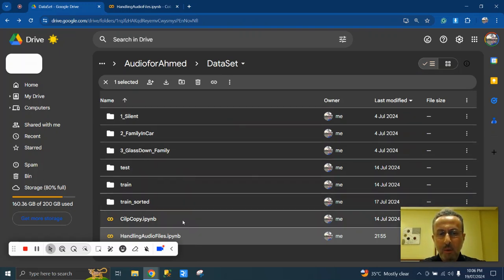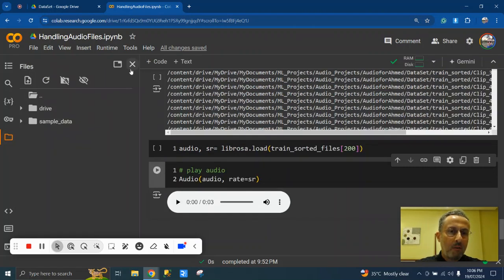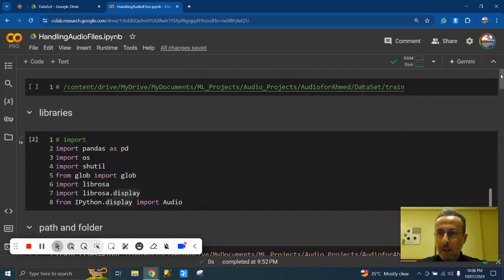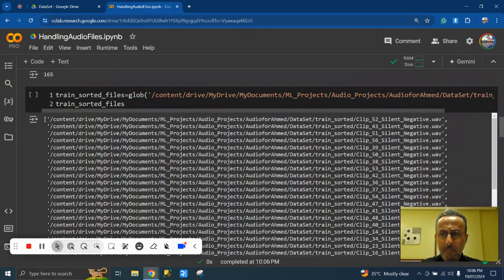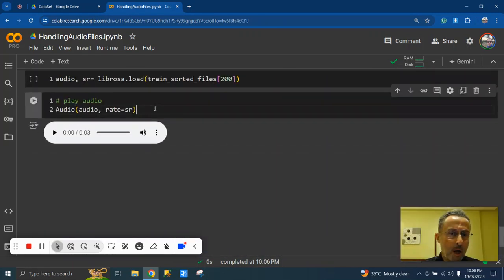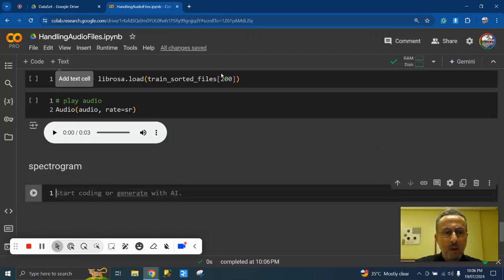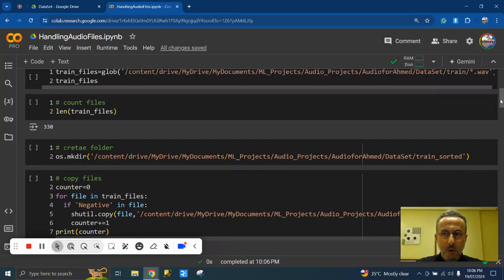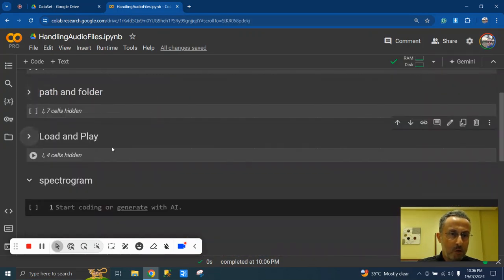I will work on the same Python file handling audio files. Make sure that you are mounted to your drive and that your libraries are all imported properly, and run. Now we can add a new section and I will call it spectrogram. Actually, spectrogram is the end of the journey for preparing the audios. No need for other sections to be displayed, so I will hide unnecessary sections for the sake of